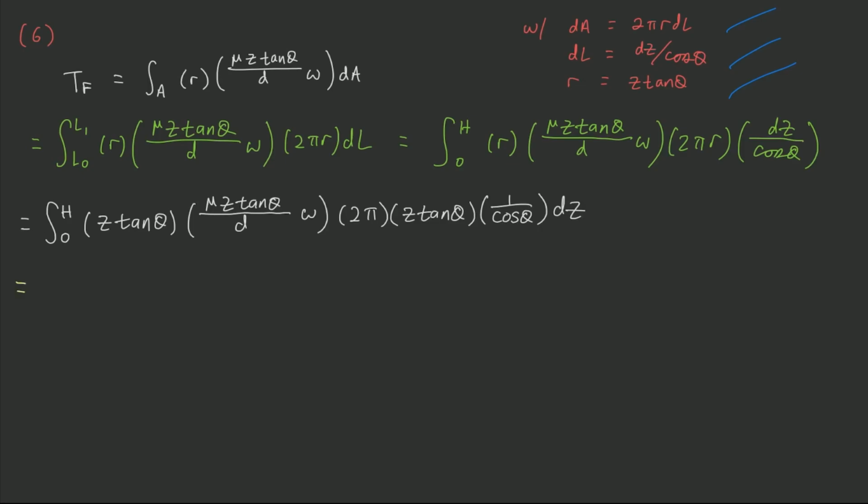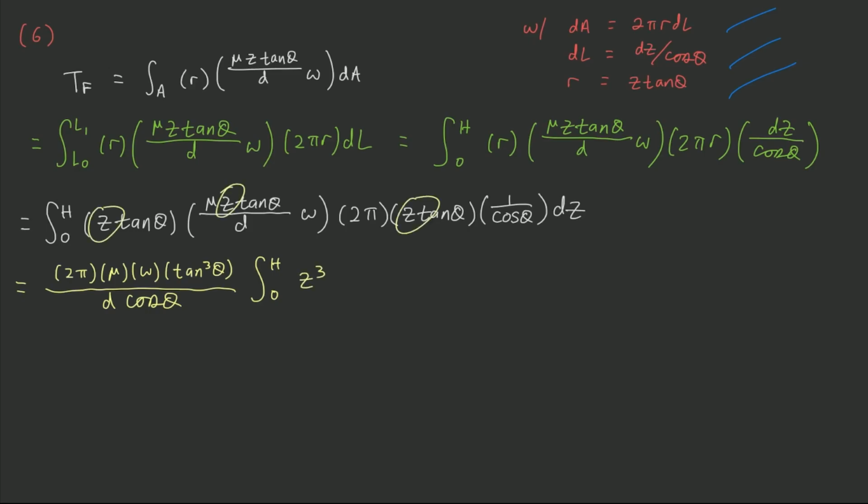So let's see here. We have 2 pi, we have mu, we have omega, we have tangent cubed of theta, that's all over d times cosine theta, multiplied by the integral from 0 to h of z cubed, right? Because we have z, z, and z. So z cubed with respect to z, that's equal to 2 pi mu omega